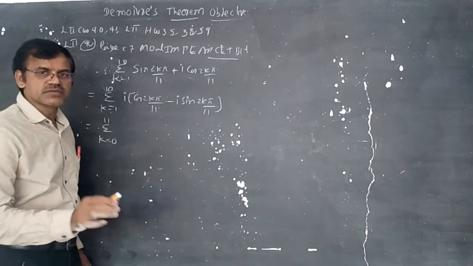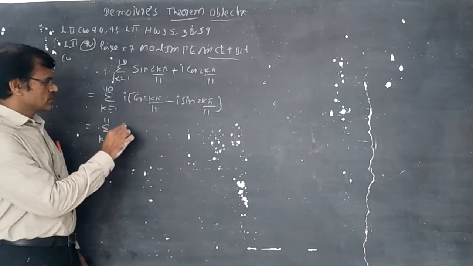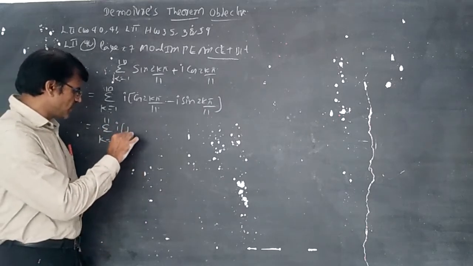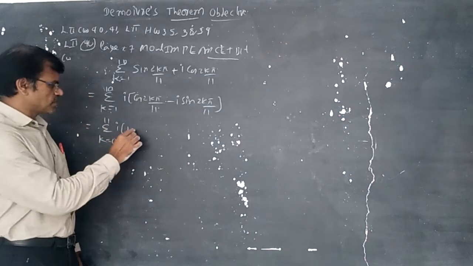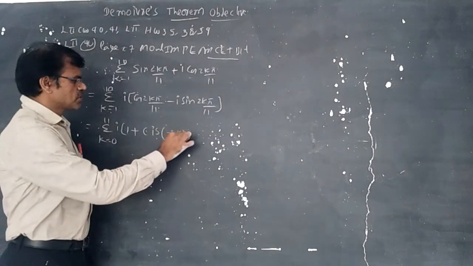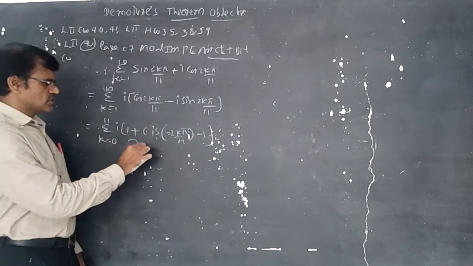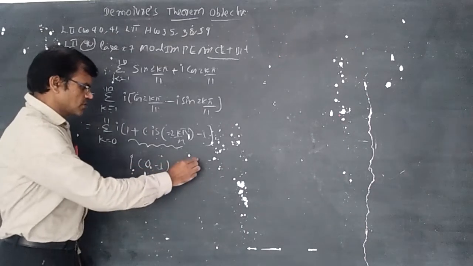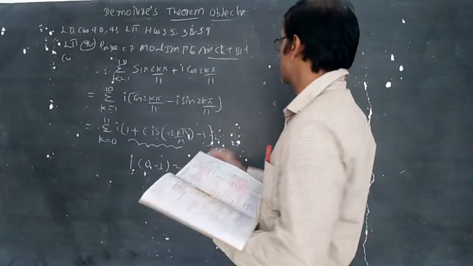So what is happening? Simply I am adding and subtracting the term 1, according to 1 plus alpha plus alpha square and so on. I am adding that 1, then only it works. So here add and subtract, like this, of minus 2k by n. Next minus 1. Whenever this 1 plus concept is there, it becomes 0. So i into 0 minus 1. The answer is minus 3. This is an important question. Next, 41.